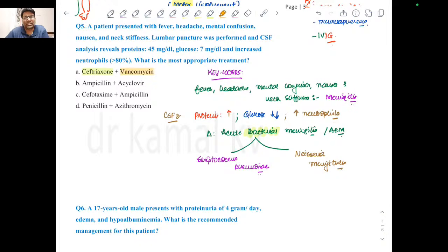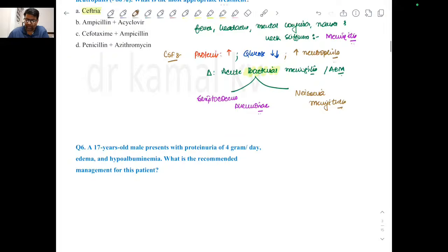Clear? So this is how you should approach this question, and therefore the answer will come out to be ceftriaxone and vancomycin as a part of empirical therapy, because we have to control both. Either it could be Streptococcus pneumoniae or it could be Neisseria meningitidis. So we have to give a combination of drug so that it covers the probable bacterial agents. Clear? So this is how you should solve this particular question. Then next question,